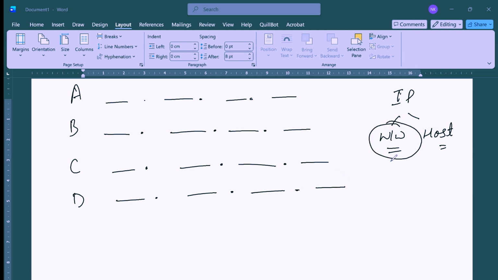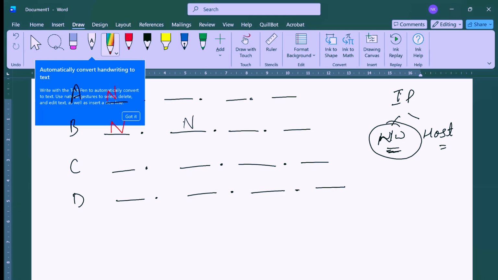The difference is in dividing these bits for the network ID. In class A, your first octet will be used for the network. In class B, the first two octets will be used for representing the network ID,